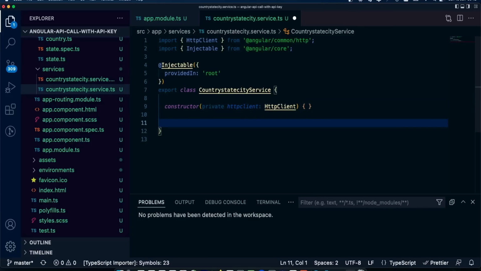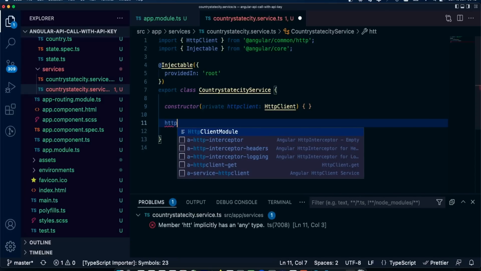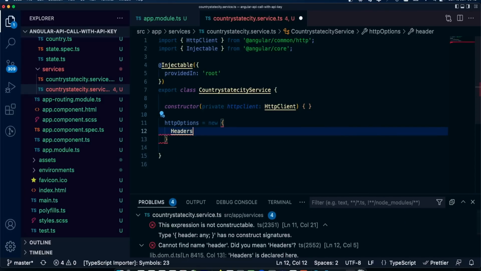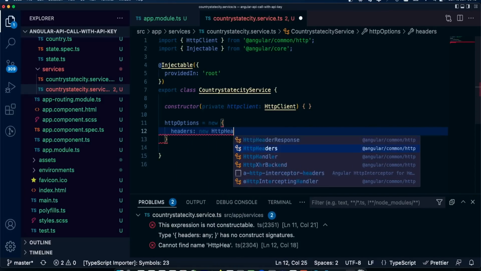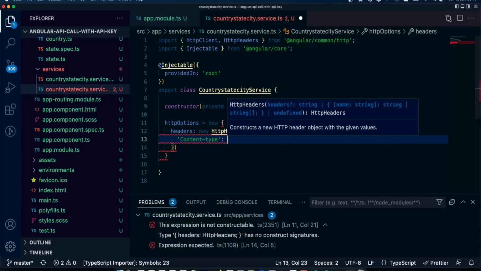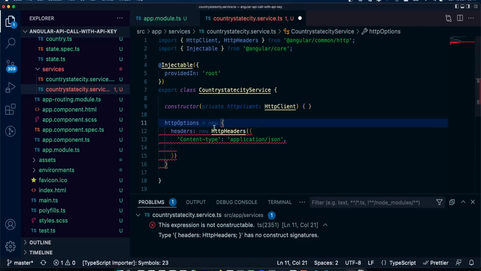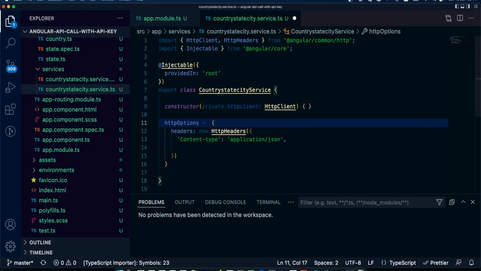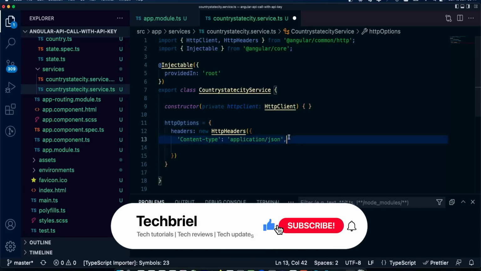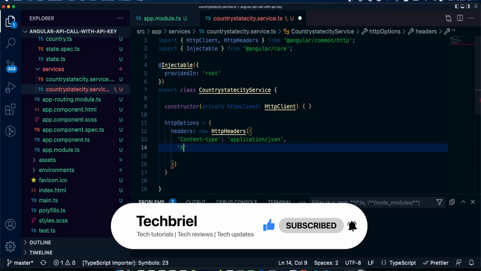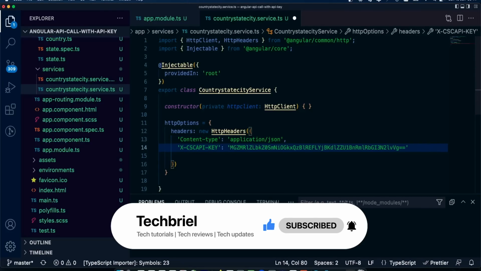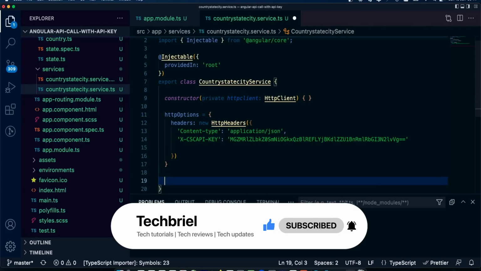The next thing that I want to do is to create the header that we're going to pass the API key into. So to do that, we do HTTP options. Okay, why are we having this error? Okay, I need to take this one away. Okay, all good. And the next thing, we now pass the API key. And that is it for our API header.